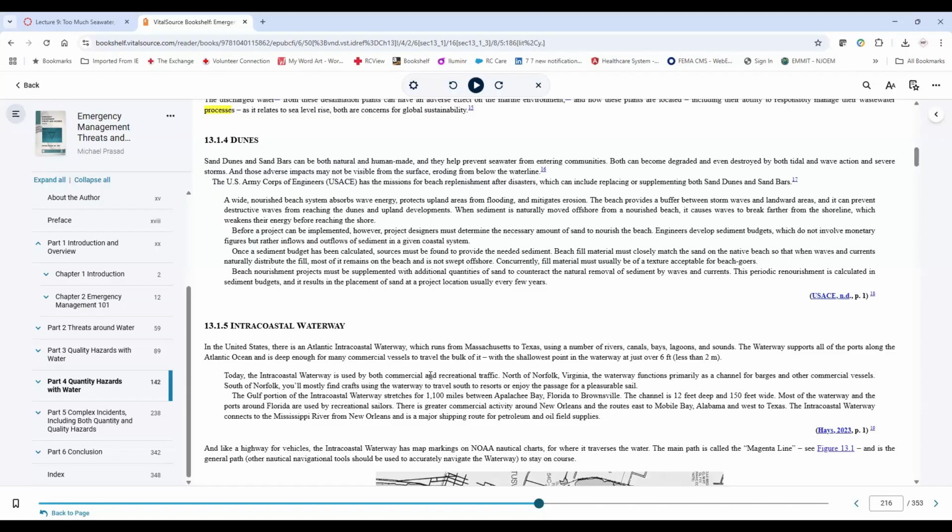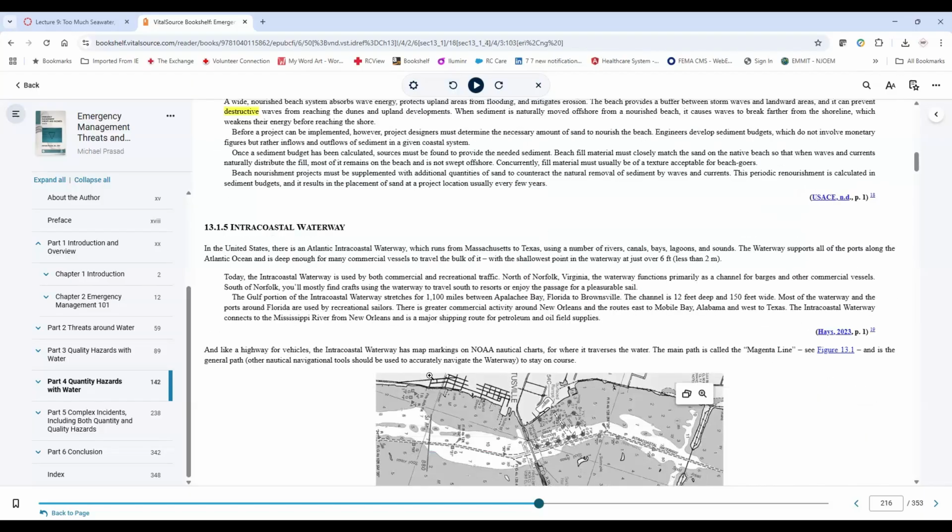These are all deep water, in the sense that the shallowest point is 6 feet. Otherwise, it's clear paths. They keep them clear. The Coast Guard helps maintain this. And this is the information about the Intercoastal Waterway. And the key here for this, and I'll switch over now to the graphics. Give me one second here on this.